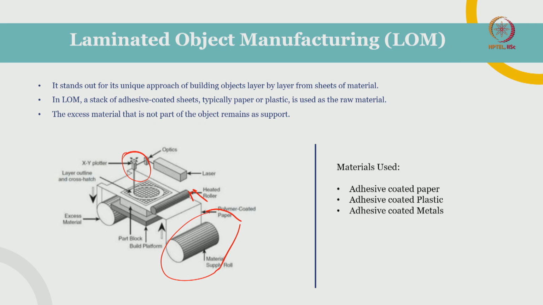All that information we will already be sending to the printer through the slicing software. Once this laminated sheet is here, our laser system will cut those laminated sheets, and the sheet itself will have an adhesive coating, so it will stick onto the already placed object. It will be pasted onto the already placed objects. Like that, this roller will continuously be feeding paper to the printer, and it will be continuously